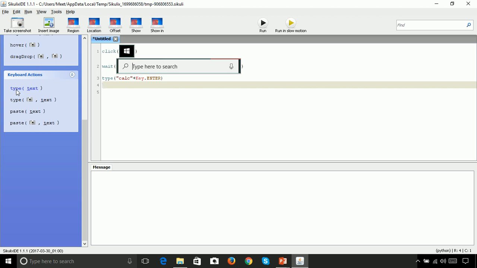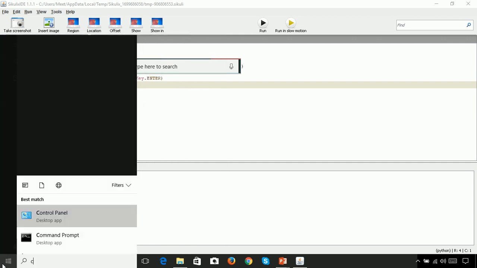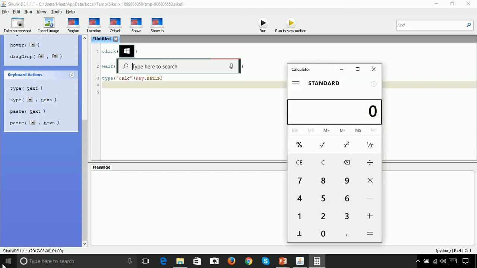So that would run our calculator, but once we hit enter after typing cal, there is a delay between hitting enter and opening the calculator. So here also we have to ensure that all the actions of clicking the buttons will be taken once the calculator appears on the screen.